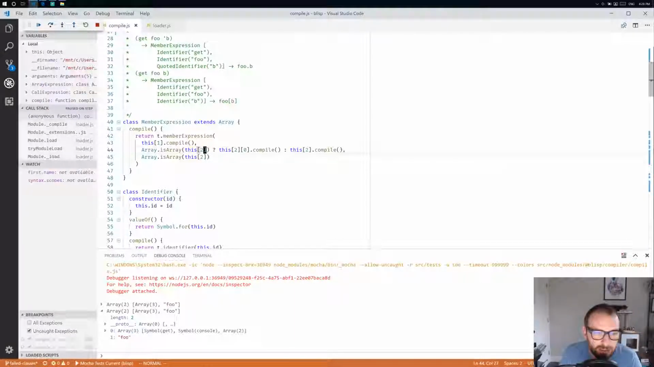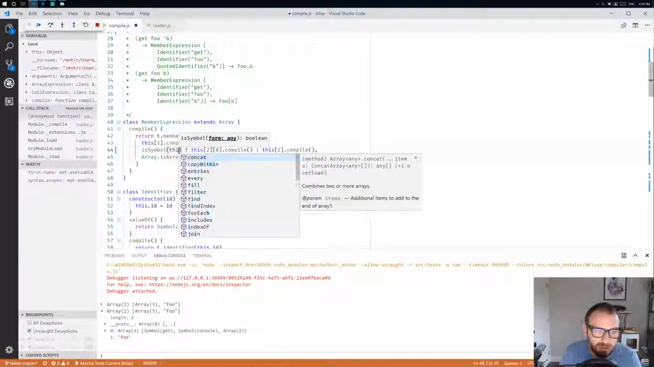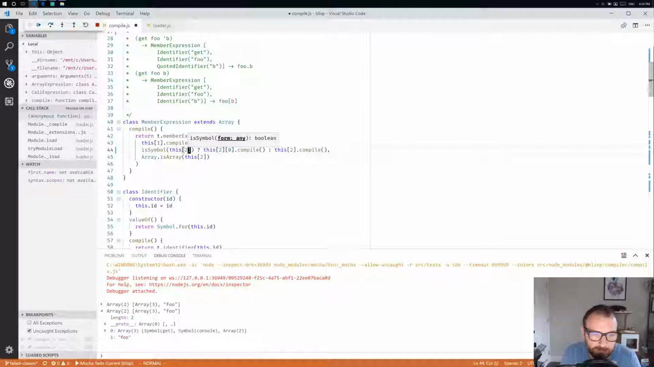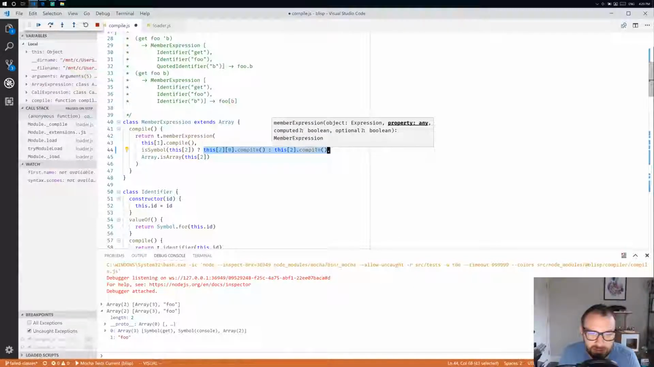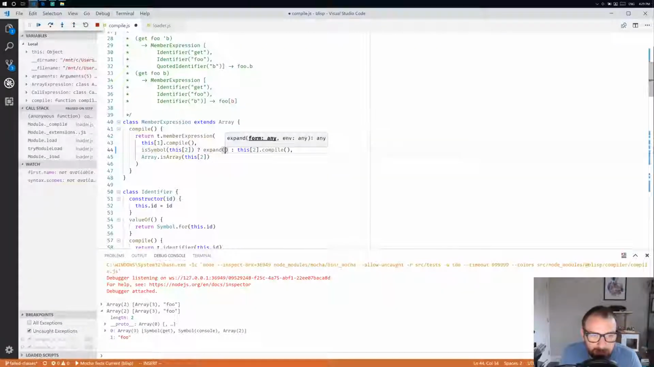All right, so if is symbol, this too, and so this is totally the opposite of what I was doing yesterday. Otherwise, we will just call a compile on that. So if it is a symbol, then all right, we can